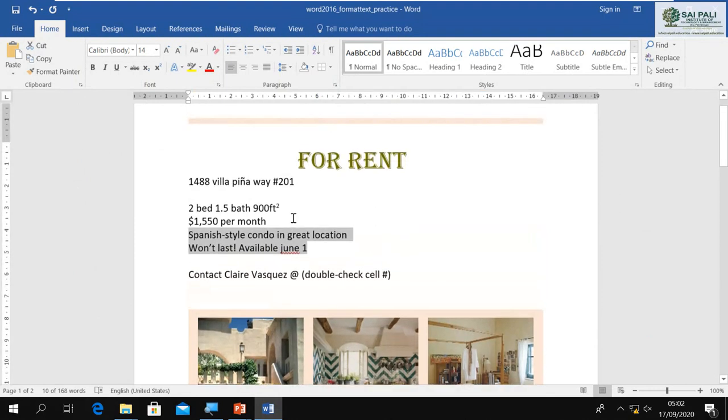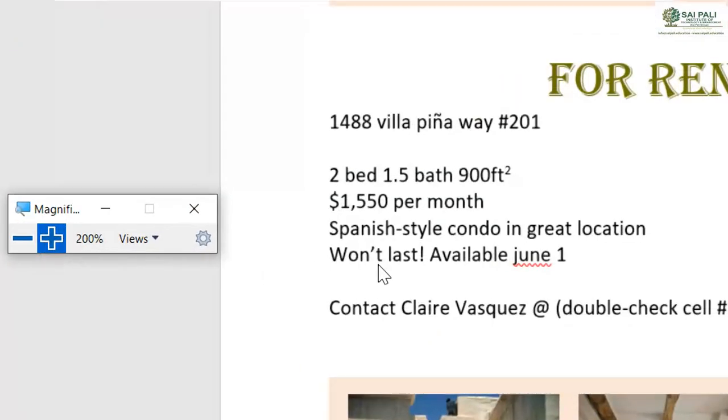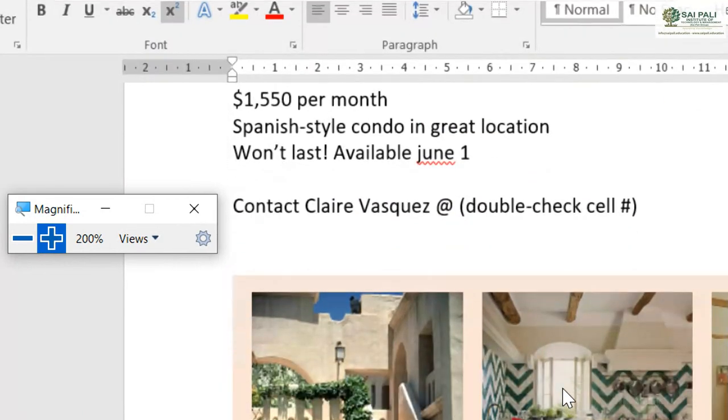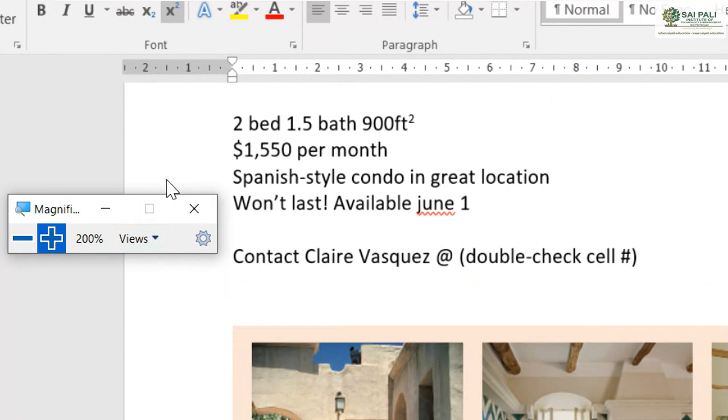So let's suppose I want to highlight something. Let's say this price is an important thing, so I want to highlight this point.